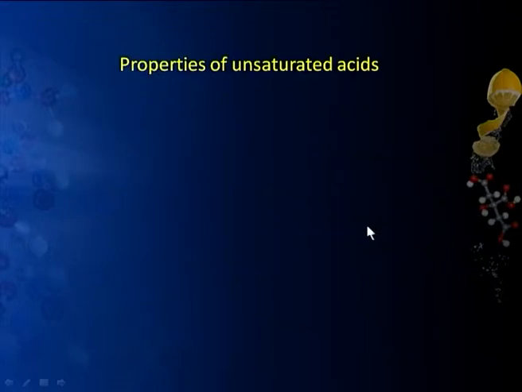Then some of their important properties. As I said, they have the double bond and carboxyl groups. The double bond is present next to the carboxyl group, and due to the presence of this carboxylic group, the addition across this double bond is opposite to what we get in the Markovnikov rule, such as addition of water.